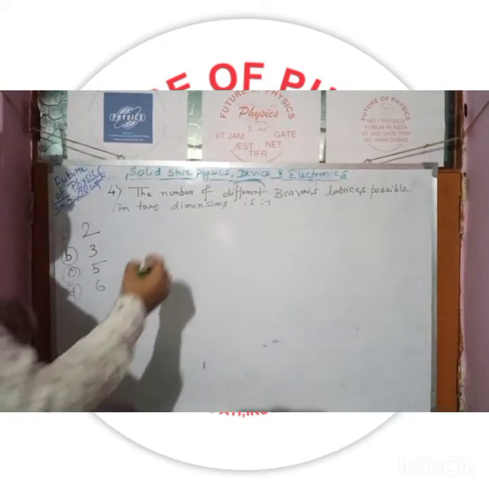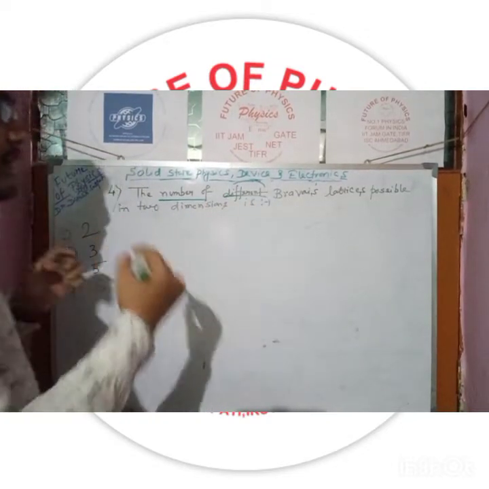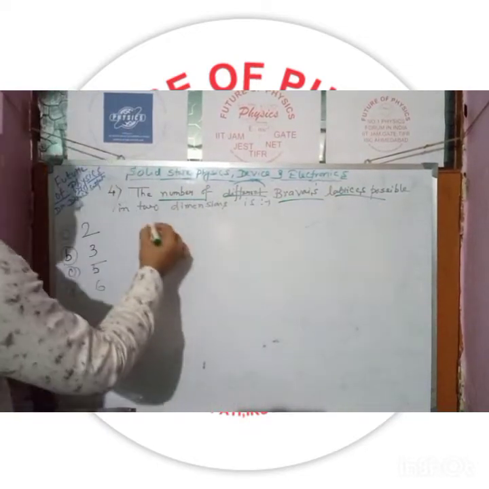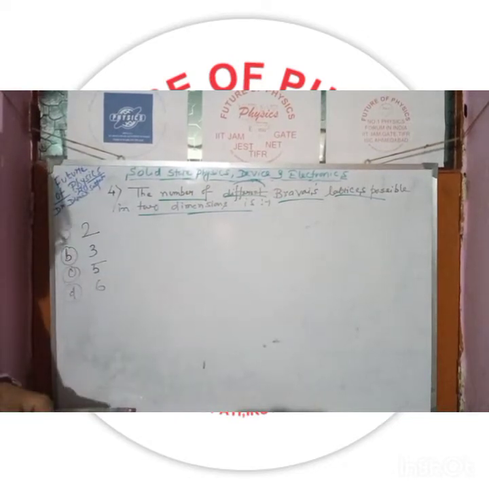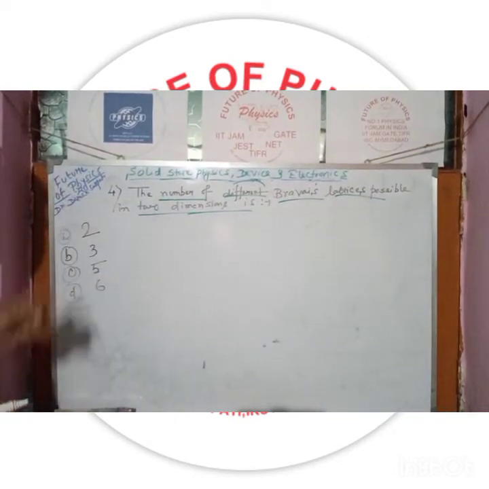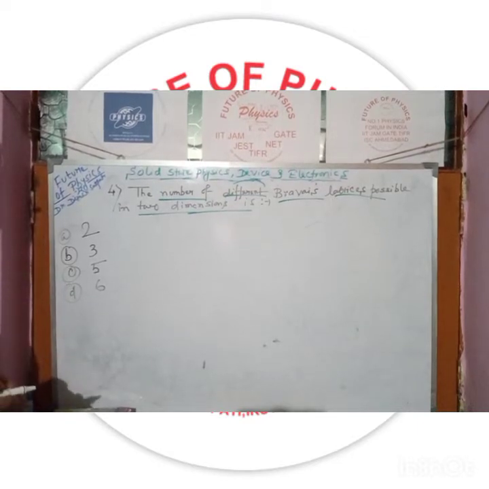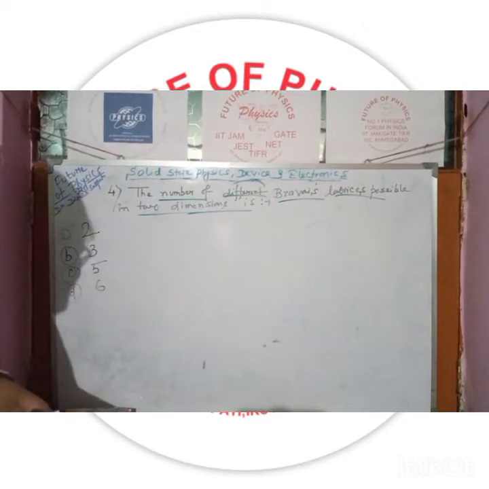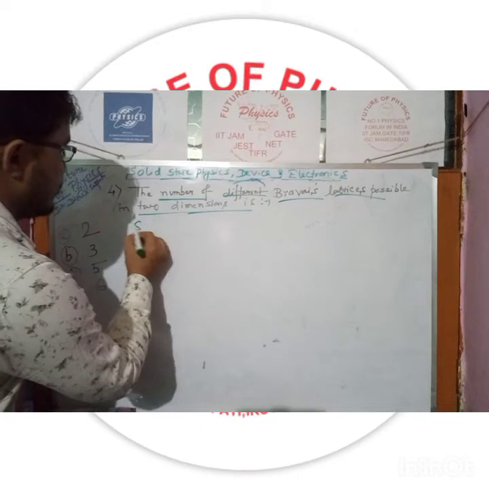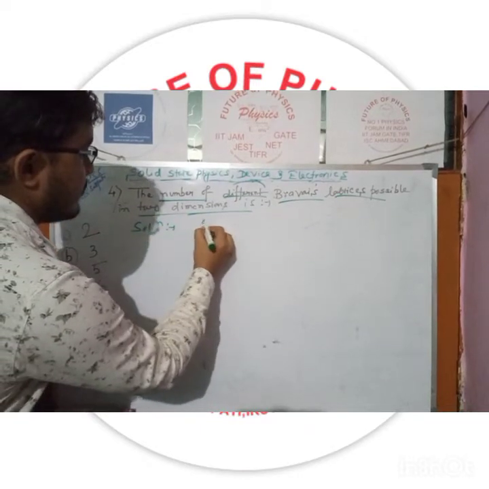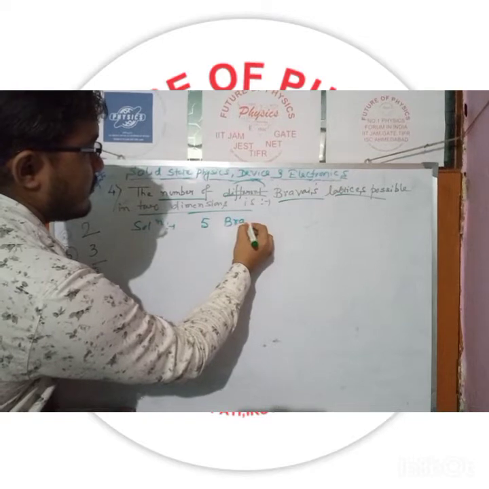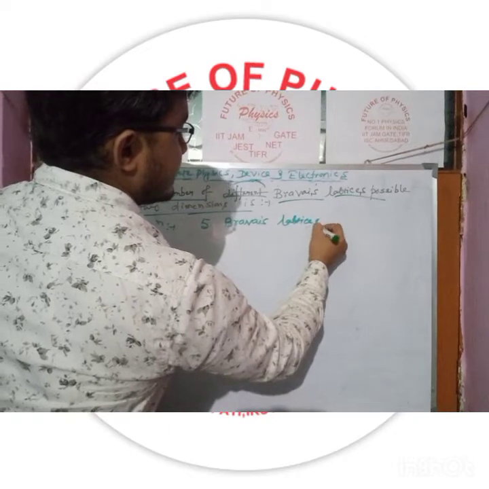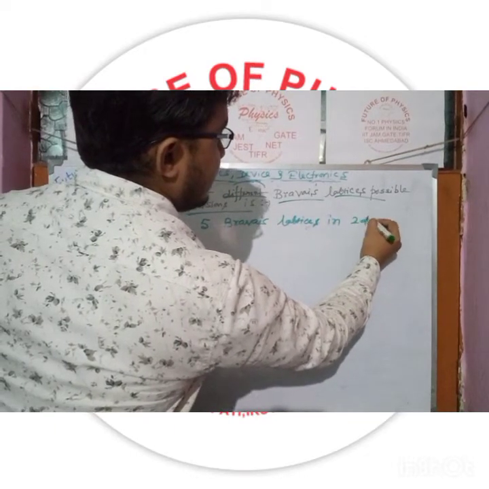Now the fourth question: the number of different Bravais lattices possible in 2 dimensions is? Option A 2, option B 3, option C 5, option D 6. We know that 5 Bravais lattices in 2D are, solution: